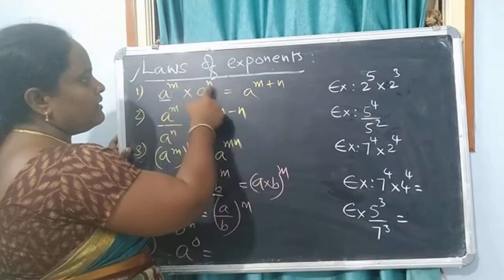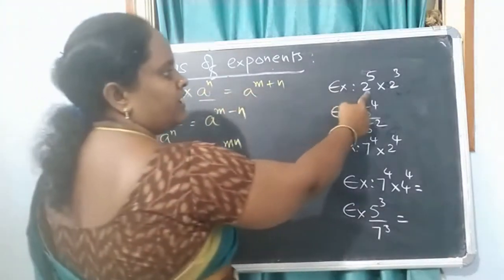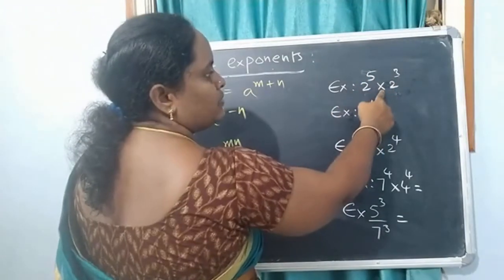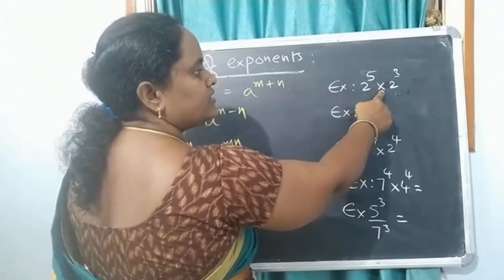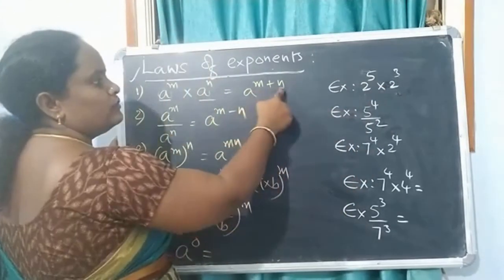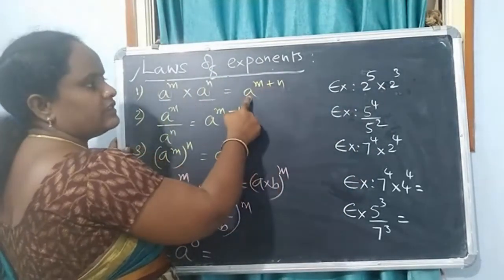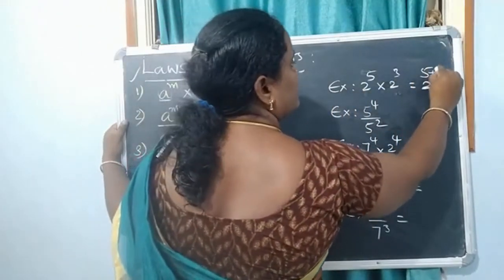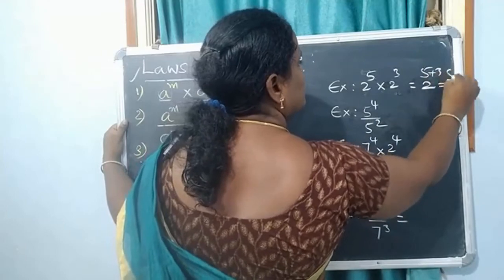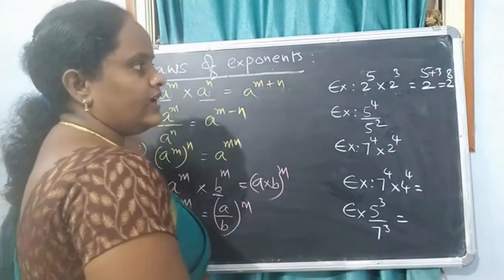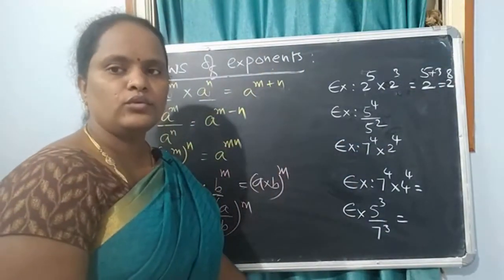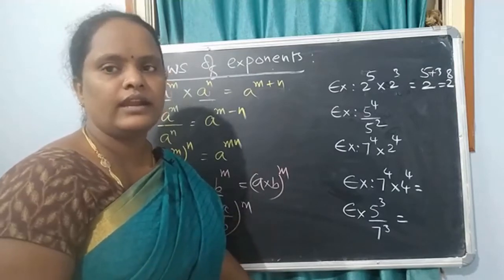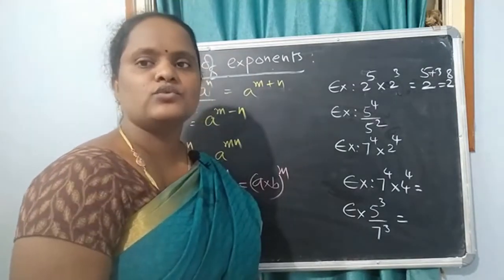Okay. So when we have exponential forms with the same base, if we want to multiply, then the same base should be written and the powers must be added. For example, if we have 2 power 5 and 2 cube, both are exponential forms, and in between multiplication is there. What should we do? We need to add the powers, with the same base. So 2 is the base and 5 plus 3 is 8, that is 2 power 8. 2 power 8 is nothing but 2 into 2, 8 times you need to write and multiply. That you will get as 256.